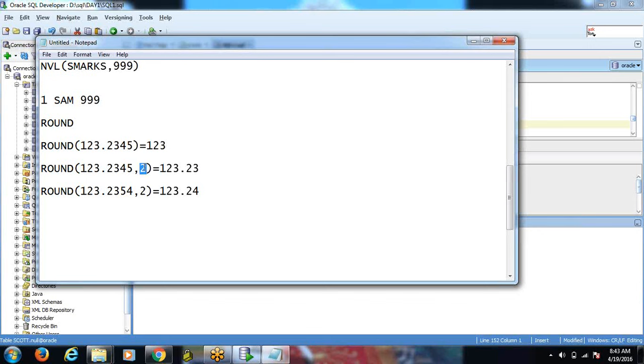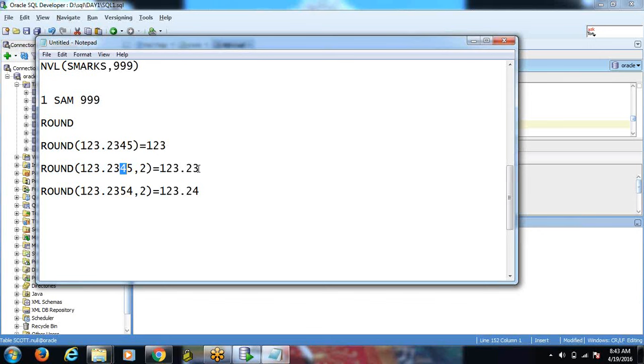And now comma 2, what does comma 2 mean? I am checking up to two numbers after the point. After two numbers, what is the number? 4. It is also not exceeding the 5. That's why it is retrieving the same value, 123.23.